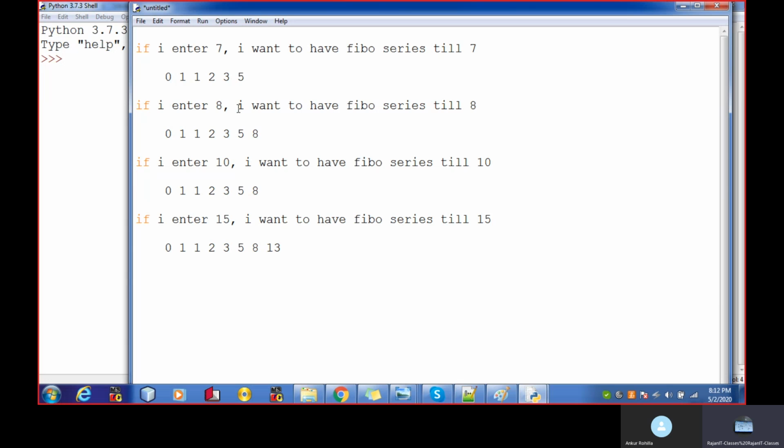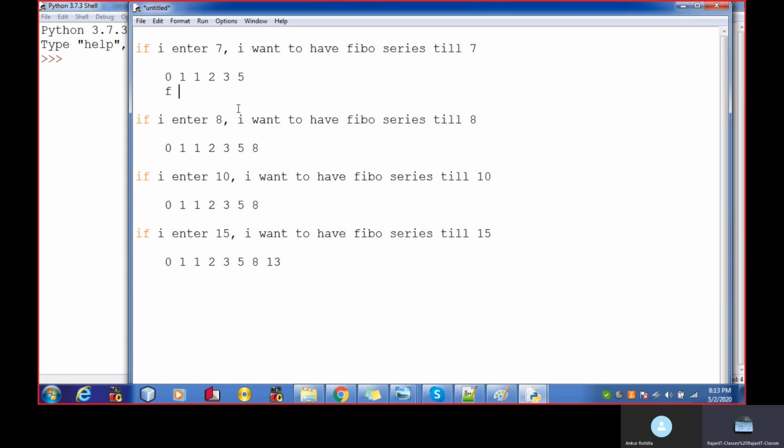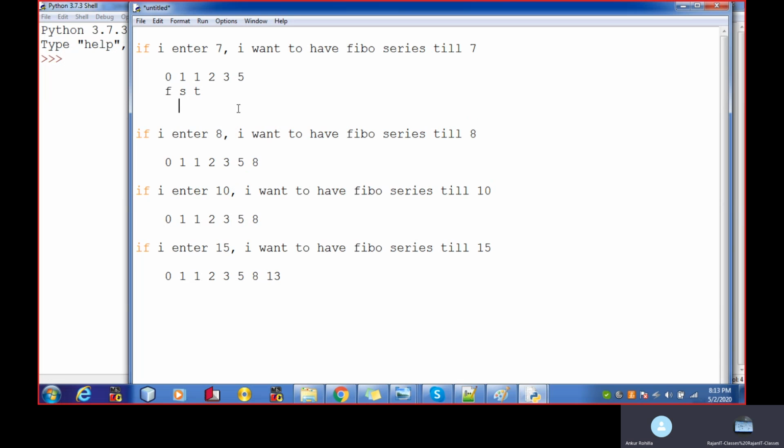Now, the first step to learn how to make the Fibonacci series: just put your concentration on the very first three numbers. Forget about 2, 3, 5 for the time being. Just put your concentration on these three numbers, right? Now this is your first, this is your second, and this is your third, right? Now I want to include my second number in my list, right? This should be the first, this should be the second, this should be the third.